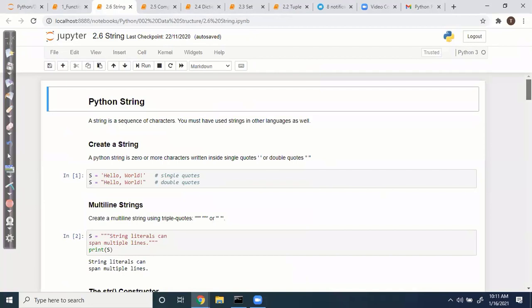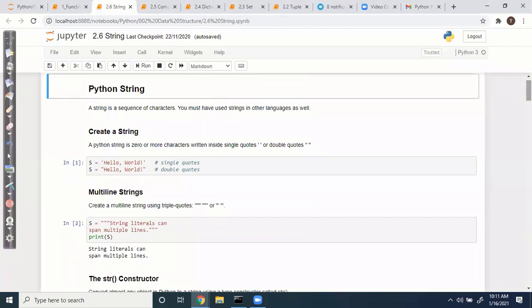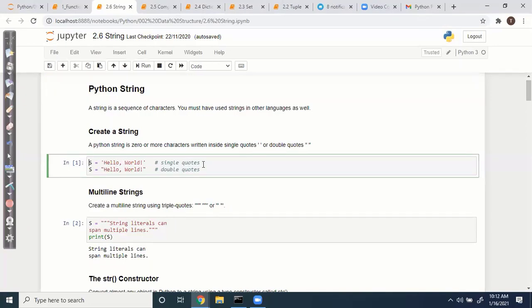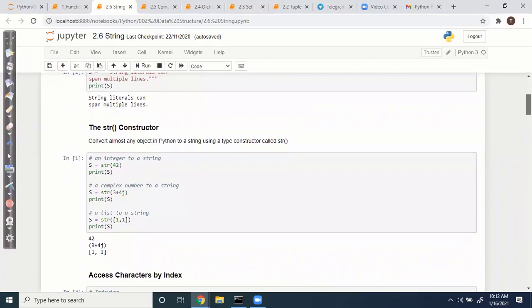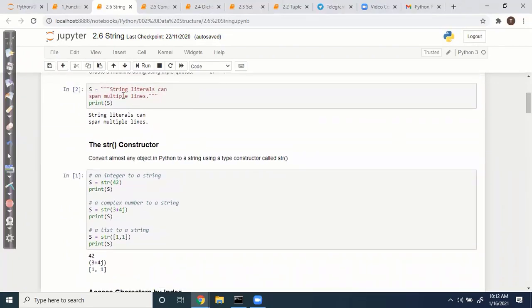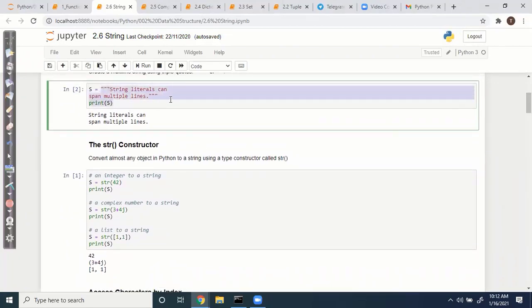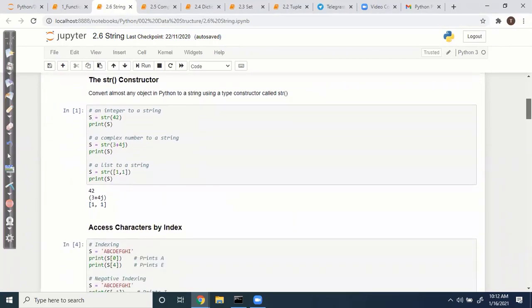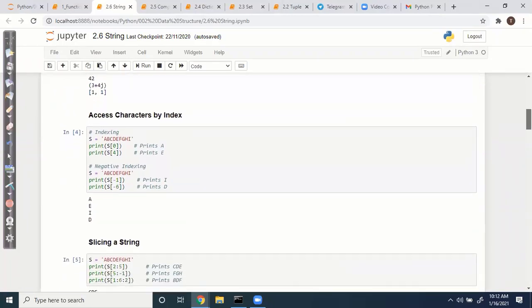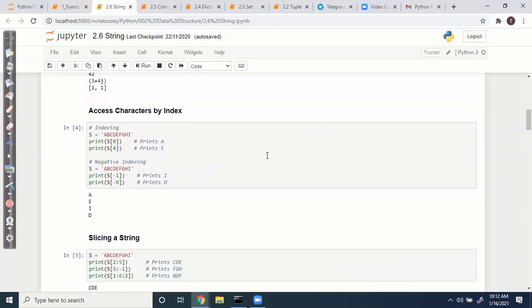Strings, which are sequences of characters, are also collection objects, so we can use them too. Already we have seen strings. You can create a string with single quotes or double quotes. If you want to create a multiple-line string, you can use triple single quotes or triple double quotes. Creating and accessing a string is the same, index based.